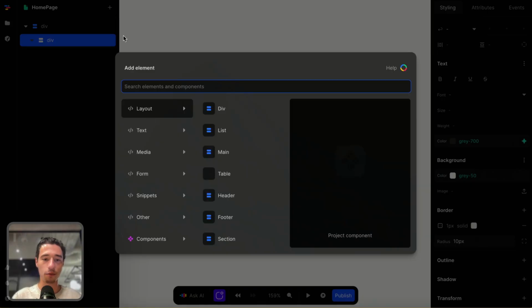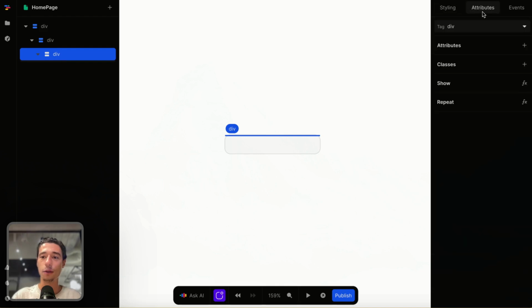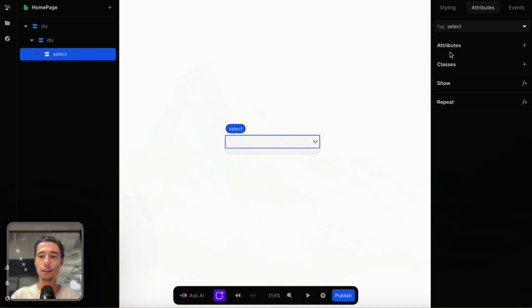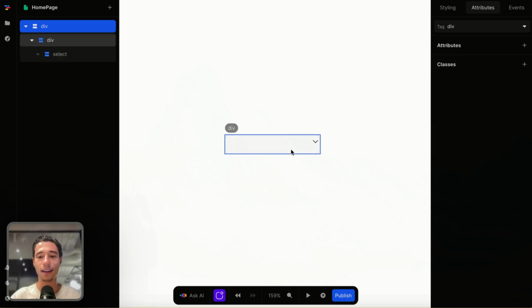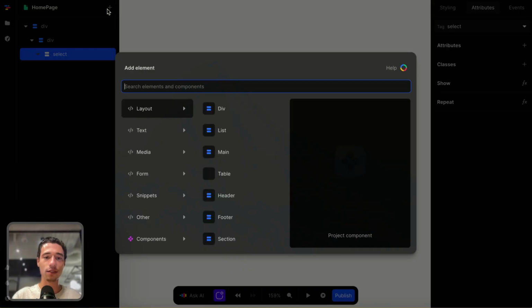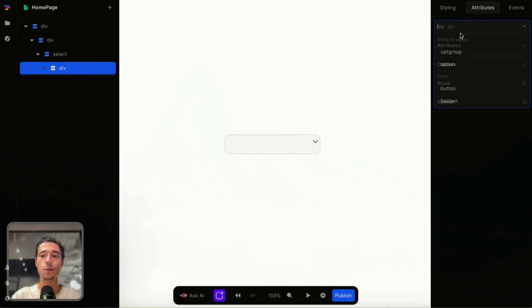And now in here, I'm going to add another div, and this div will not stay a div. I'm going to go here on the attributes, and I'm going to turn this div into a select field, right? And now we see we got the dropdown because we got a select field. Now it's all kind of like interesting formatted, but we don't have to worry about it yet. So we got the select input here, and inside of the select input, I want to add another div where we need to go to the attributes and change its tag to be